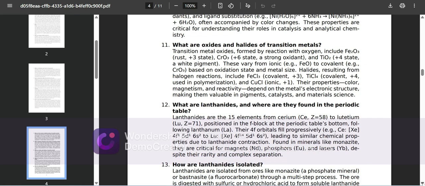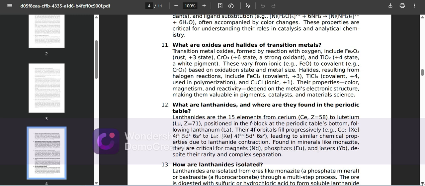These properties are critical for understanding their roles in catalysis and analytical chemistry. What are oxides and halides of transition metals? Transition metal oxides are formed by reaction with oxygen. Examples include Fe2O3, rust, +3 state; CrO3, +6 state, a strong oxidant; and TiO2, +4 state,